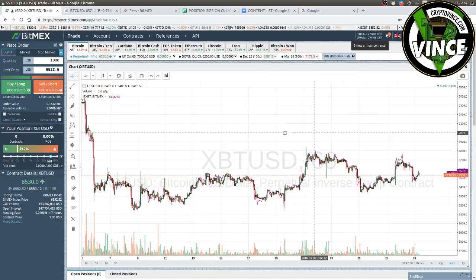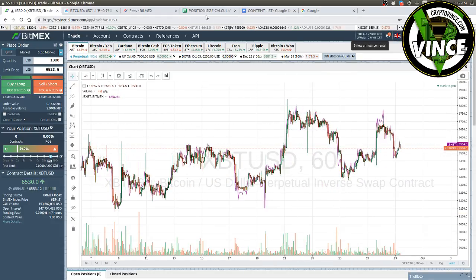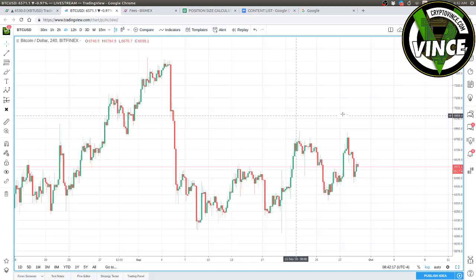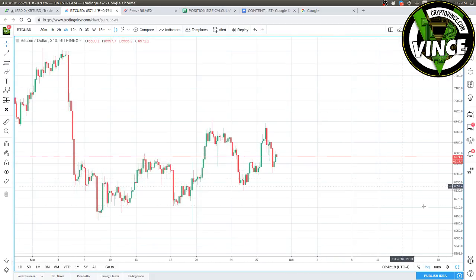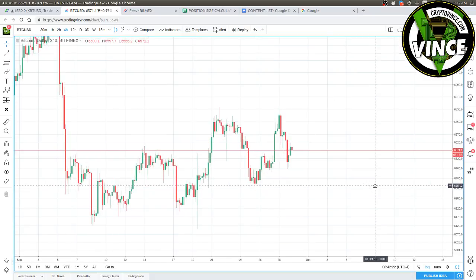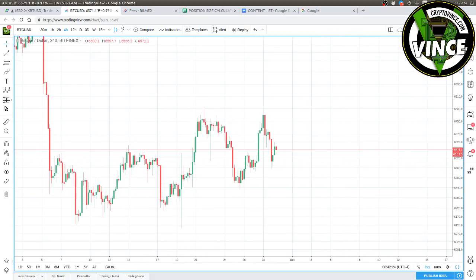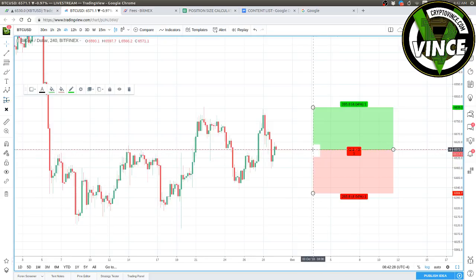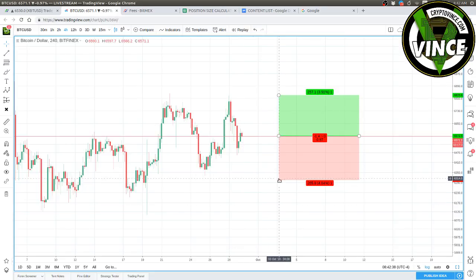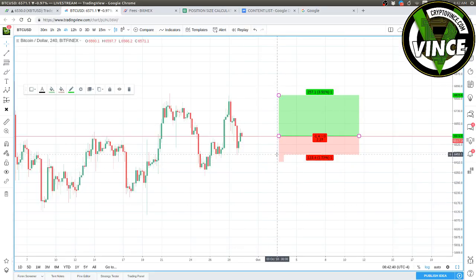So right now, let's just make a really easy example of a position size strategy. So this is Bitcoin right now. This is how we start a trade, and I want to spend just 5 minutes on this. Let's say I want to go long. I want to buy BTC, and I want to buy right here and sell on this previous high. And I want to set up a stop loss